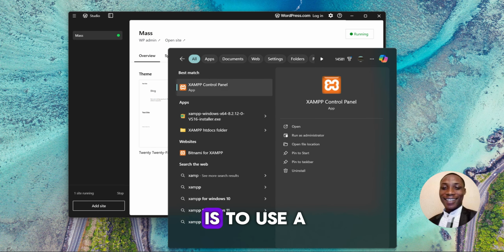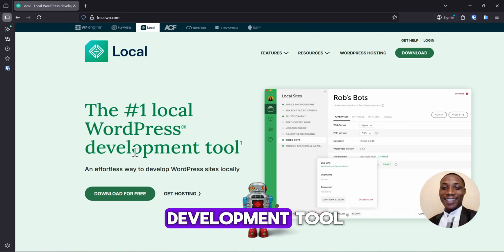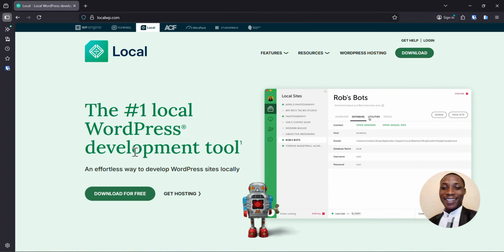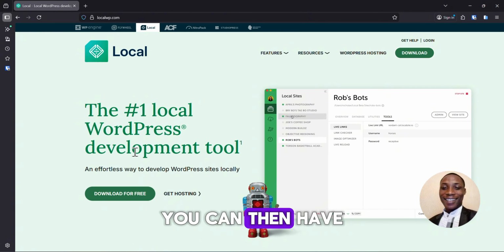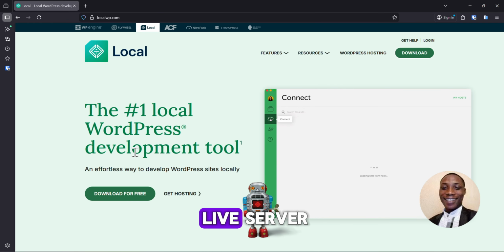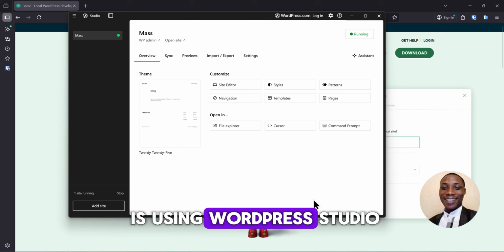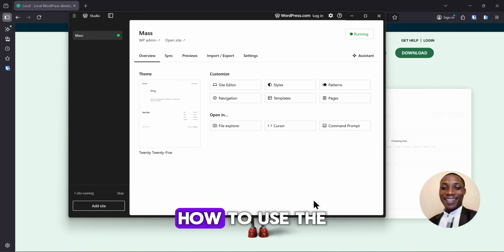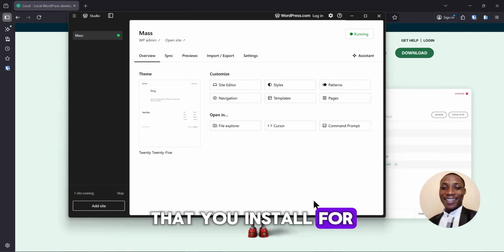And now the second option is to use a platform like Local. Local is a WordPress development tool that allows you to locally set up WordPress websites, staging WordPress websites, so that once the websites are ready to go live, you can then have them uploaded to a live server. And the next option is using WordPress Studio. And now in this video, I'm actually going to be showing you how to use the WordPress Studio. It's what has worked for me the best, and that is what I recommend that you install for your local